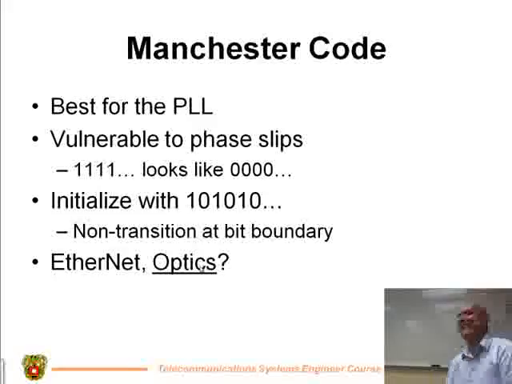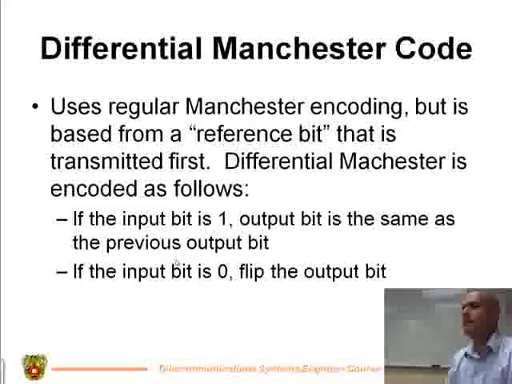Yeah. We can measure what the brightness is at one voltage and compare it to brightness at a lower voltage. Yeah, you can have intensity differences in a fiber, but even so, if you've got attenuation, that brightness is going to lower, and so you have the same problems as with unipolar. So Manchester, not as useful for optical stuff, right? Okay, let's come back after break and talk about differential Manchester, which